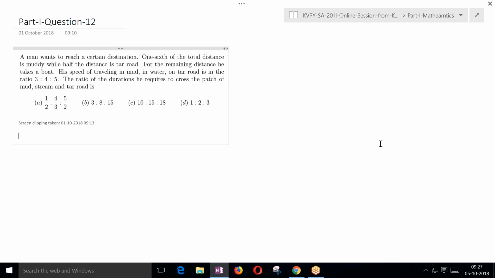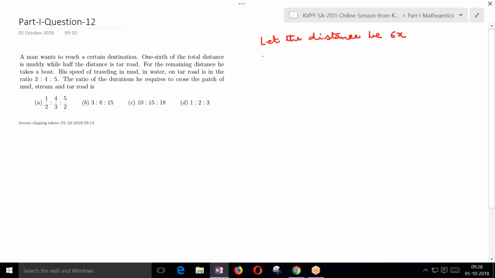So let us first understand. Let's consider the distance as 6x, because as it is mentioned 1/6 and 1/2, their LCM is 6. So it is better if we consider the distance as 6x, so that it will be helpful for us to break into the different parts of the road in multiples of proper integers. So let the distance be